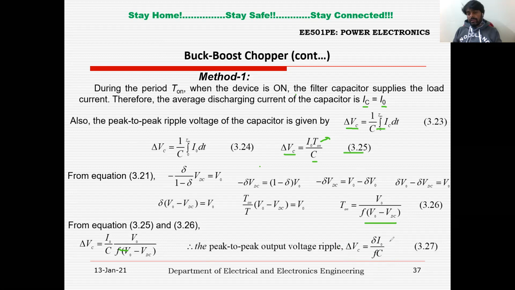And again, if you recall, the capacitor which is connected across the load is to get ripple free DC voltage, right? Ripple free DC voltage. So by increasing the capacitor value, you can get almost constant DC, the ripple free DC voltage, right? You will get almost zero ripple, right? So now this is about method one.